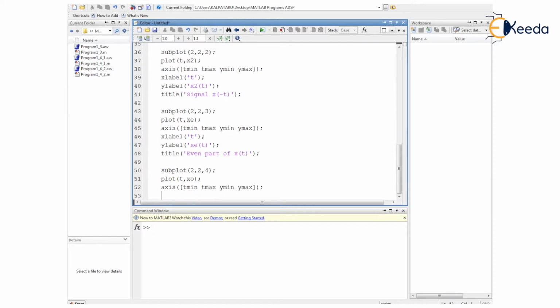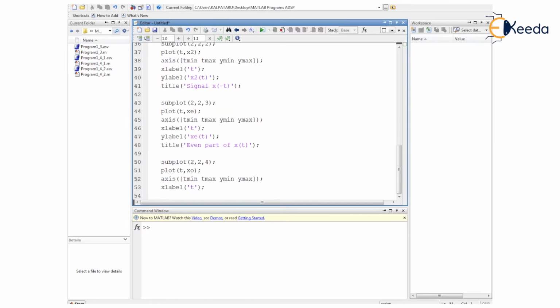After ending, let us provide nomenclature to the axes. This is the xlabel, and within single quotes let us have the continuous time parameter t. Then for the y axis we have ylabel, where within parentheses and single quotes we write xo of t.